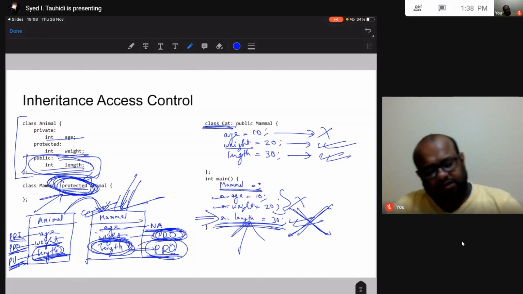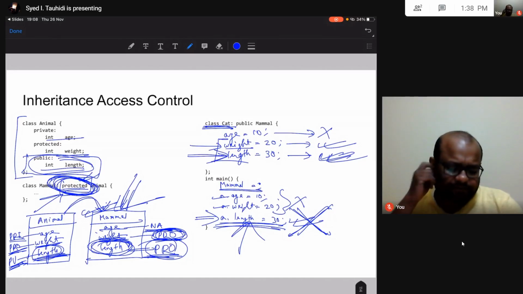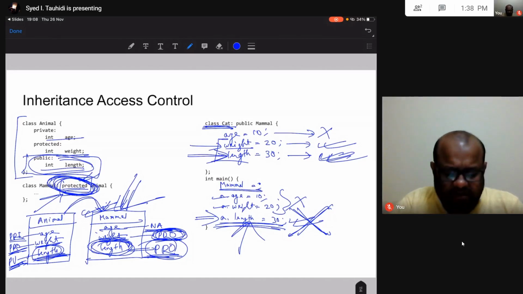So protected I can access. This one becomes protected, this was protected from before, and length was public before. Now in mammal it becomes protected. Yeah, this is what I have. I can access it. Fine.